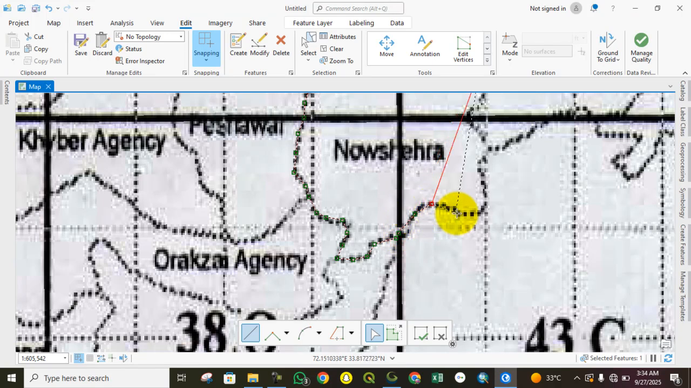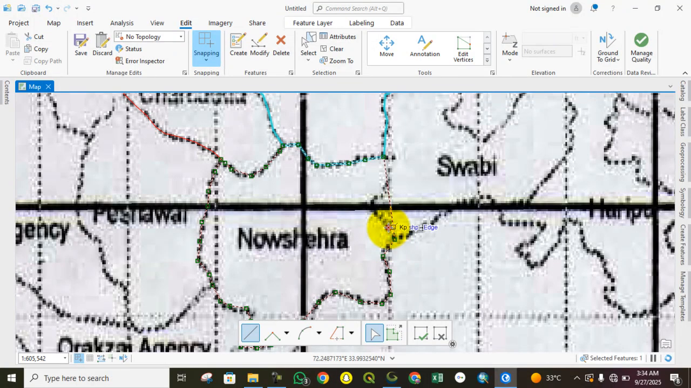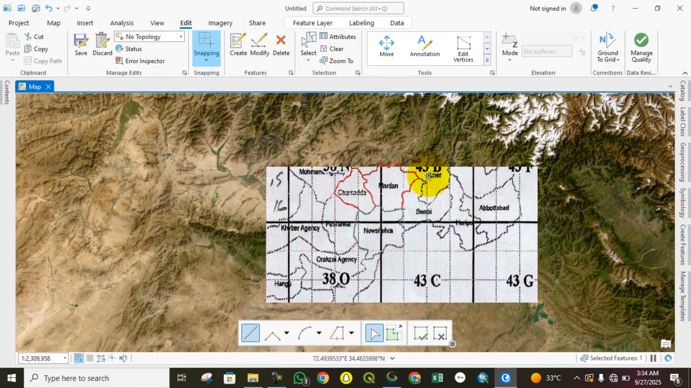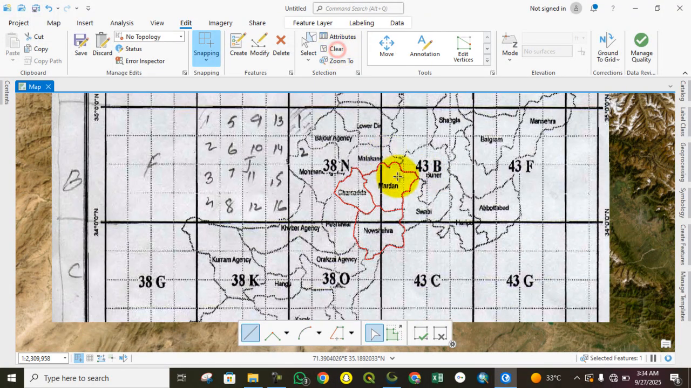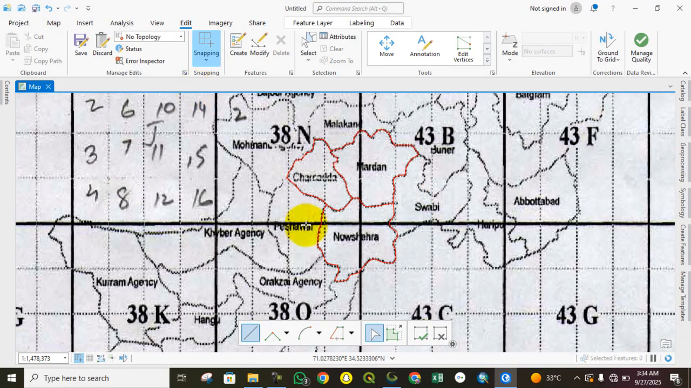I just showed you how to digitize a map in ArcGIS Pro software, but you should digitize it very carefully and up to a zoom level to digitize your map perfectly. You can see that we digitized these 3 districts. Now we will add the fields and attributes of this. So save your work